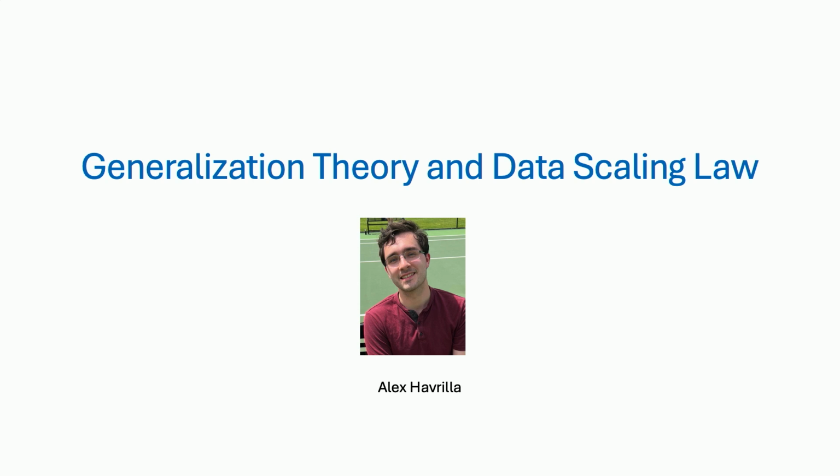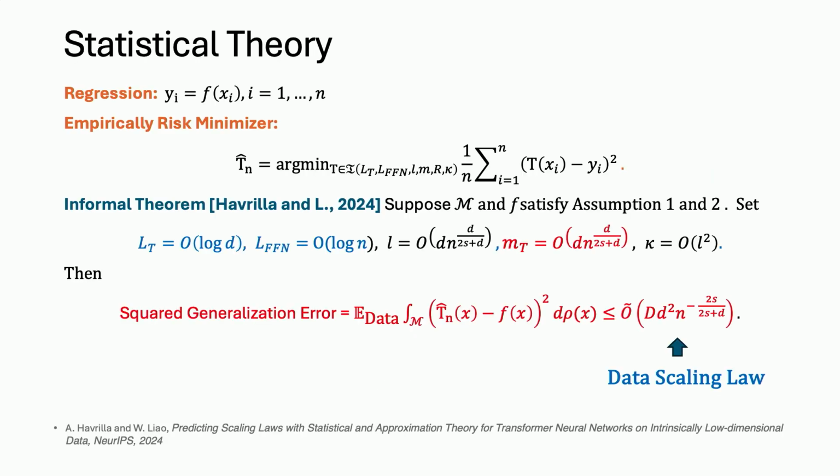And the generalization theory will consider data in the sense that the transformer is actually trained from the data. Well, you have n training samples, and you want to minimize some error according to these n training samples, and then get the global minimizer. Suppose we get the global minimizer, and we prove the mean squared error, in the sense that you evaluate the transformer on a new data point x in the test data, and then you integrate, this is the L2 error. And then the error is still random because the training data is random, so we take expectation with respect to